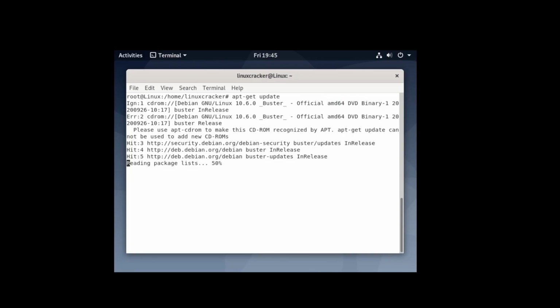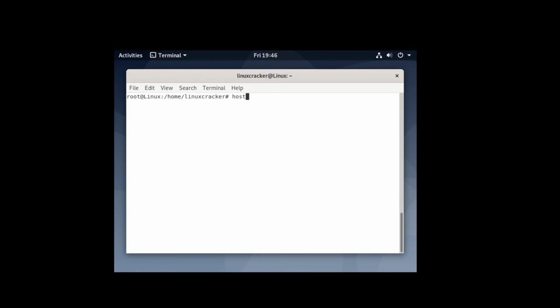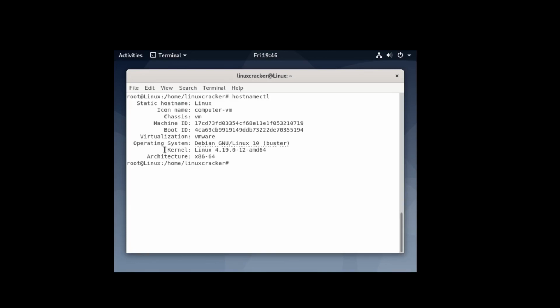After updating, we will use the command hostnamectl for knowing the operating system and the kernel name. Our operating system is Debian GNU/Linux 10, and the kernel version is 4.19.0.